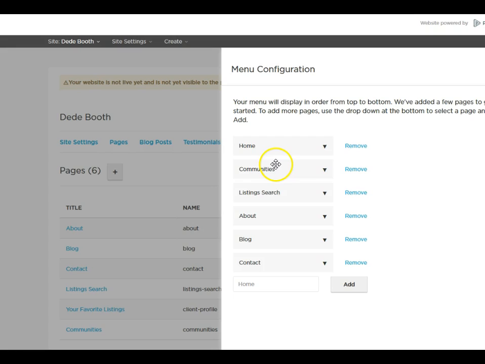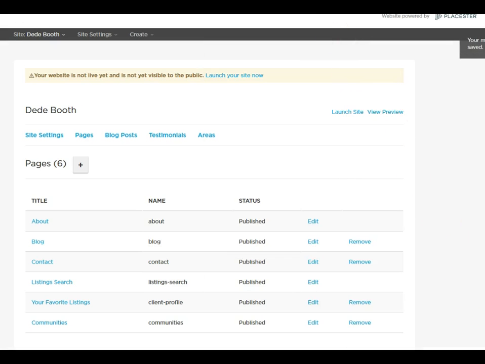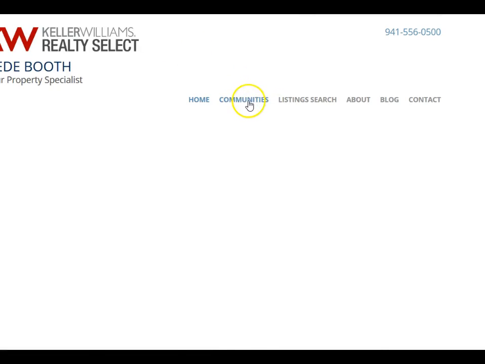But I don't want that. I want it to be its own title, the top. So once I add that, then I'm going to save my menu. And now when I go back and look at my page and refresh it,